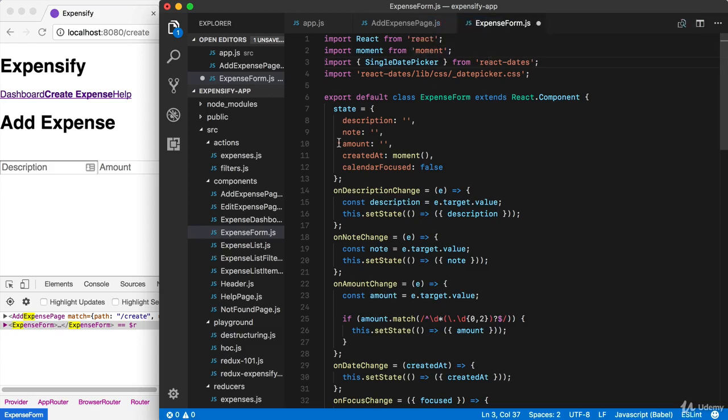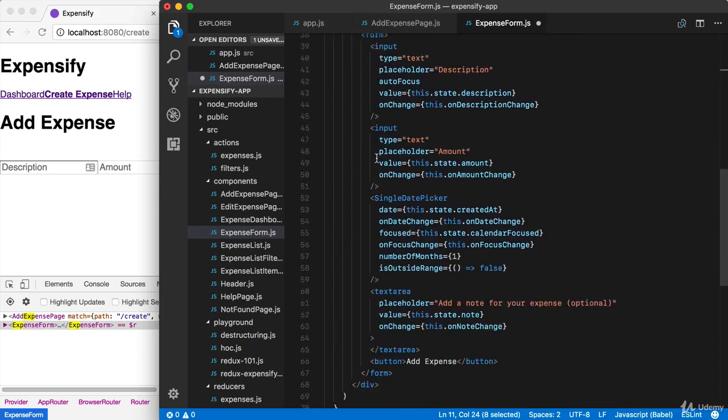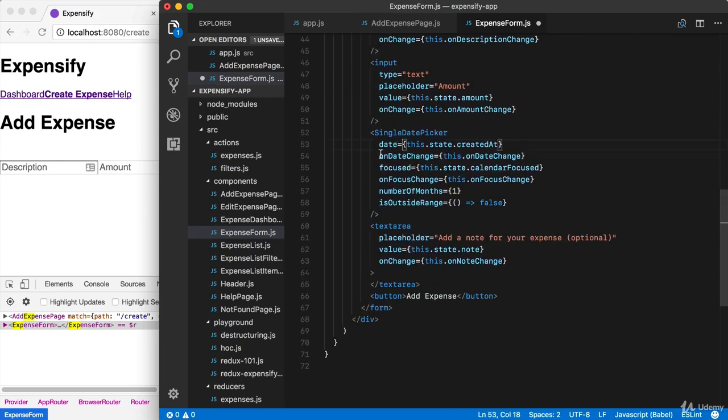It means that when we create a calendar day picker, we have to provide it with an initial value. And right here, we have our initial value, which is just the current time. So whenever this code runs, we get the current time in a Moment object, and we dump that into the date picker. We then track changes, and we also track changes to focused. Lastly, we provided a little customization. We changed the number of months, we changed whether or not days in the past should be available to us,